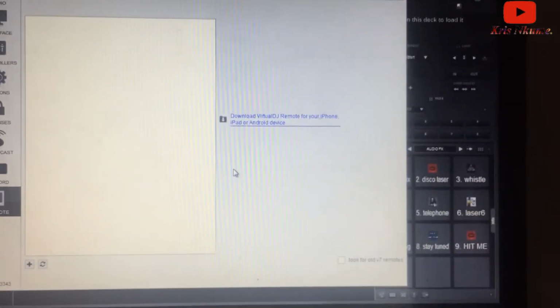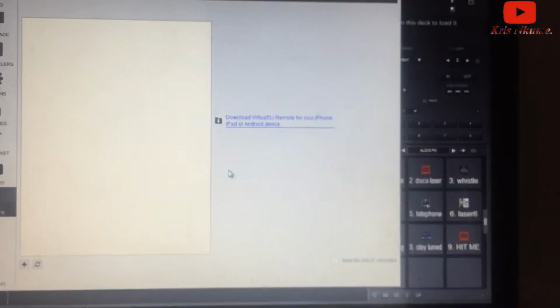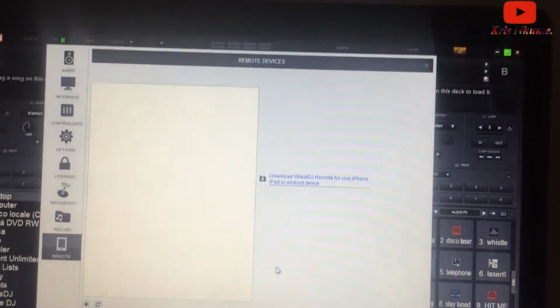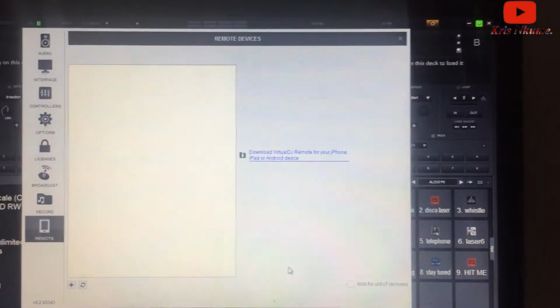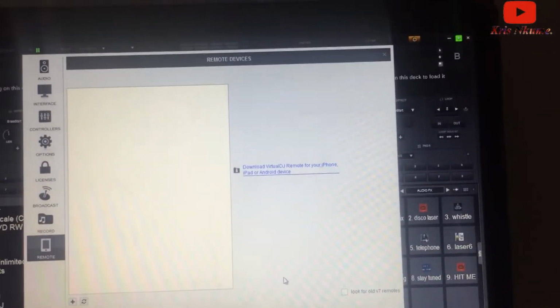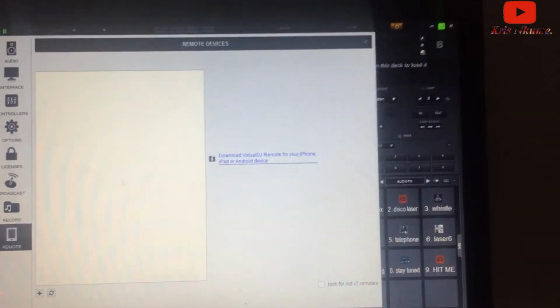You can use your Android phone to load your music, to get your music from. If you don't have your music on your laptop, you can connect this remote. You can use this remote to connect it on your iPhone or iPad or Android phone, so I can interact with the Visual DJ, so you can get your music and load it directly to the interface.